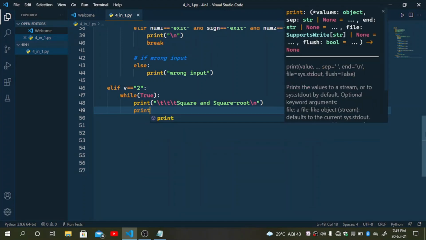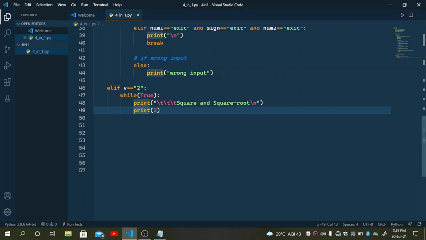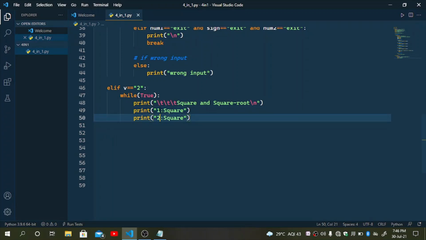Then we have to print 1 for square, 2 for square root, and we have to make one input again. Let's take number x, variable x input,